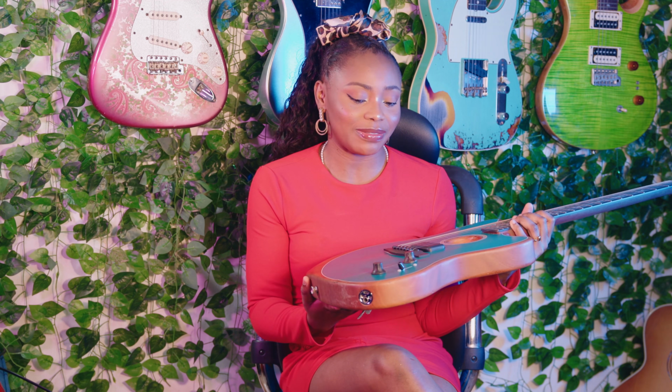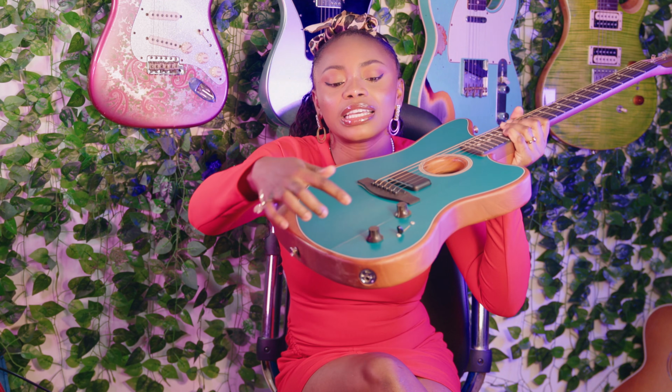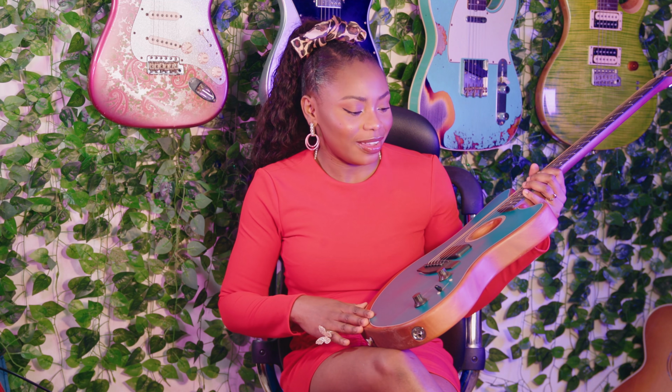This one is my Fender Acoustasonic. I feel a bit guilty because I've not played this guitar in a while. Something unfortunate happened. Somebody came to visit me and then they did something and it fell down from the mount on the wall. And it was like my heart broke. I'm not sure if you can see the crack, but it is there, like this line. It didn't affect the sound. It still plays like normal, but I feel really bad about it. It was a mistake, obviously, so I just had to forgive,